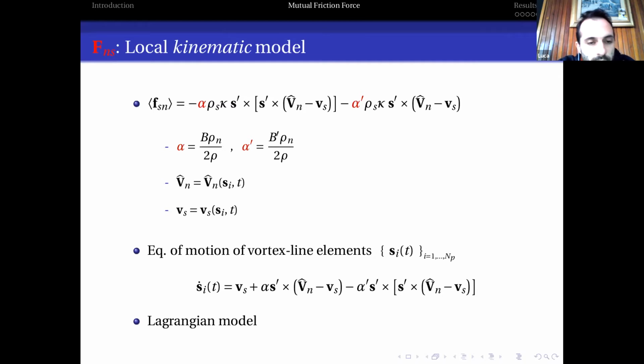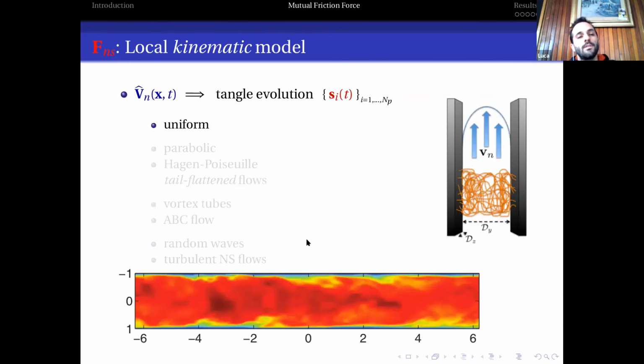So here you see that from this equation of motion of this Lagrangian model, two friction coefficients appear in this equation, and the values of alpha prime are one order of magnitude smaller than alpha. So actually it is the second term which determines the dissipative dynamics due to the mutual friction force. So this local kinematic model, as said, didn't take into account the back reaction of the superfluid vortices